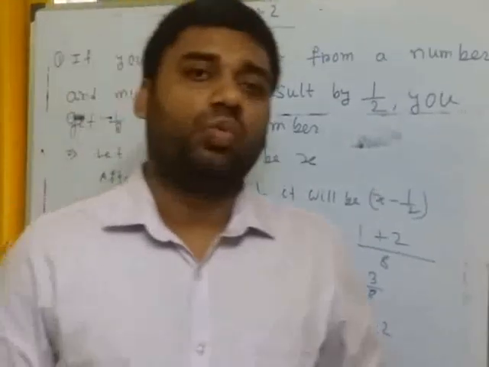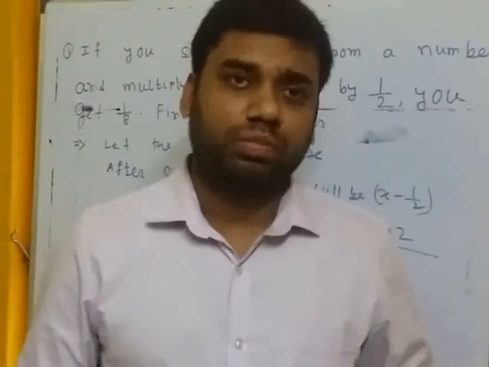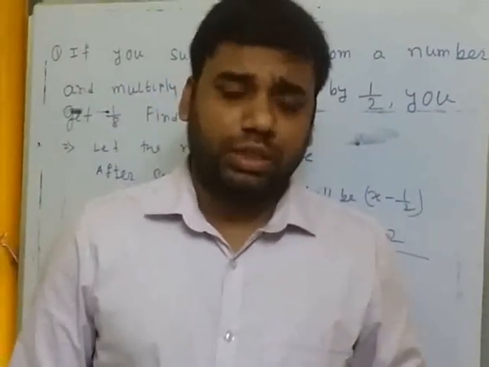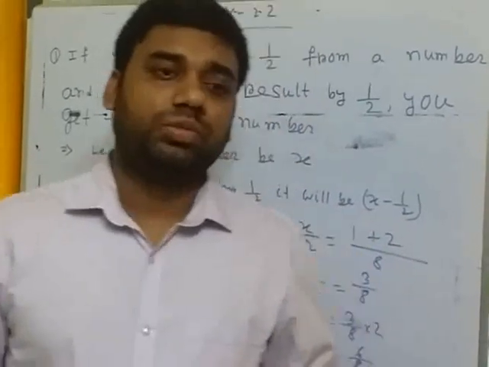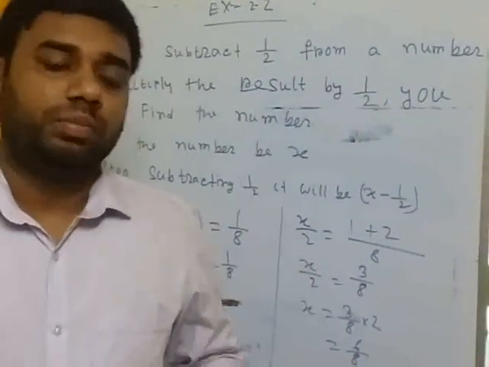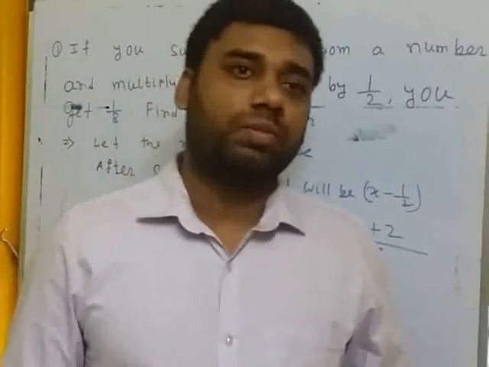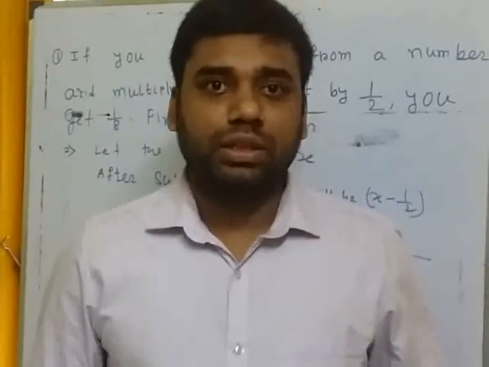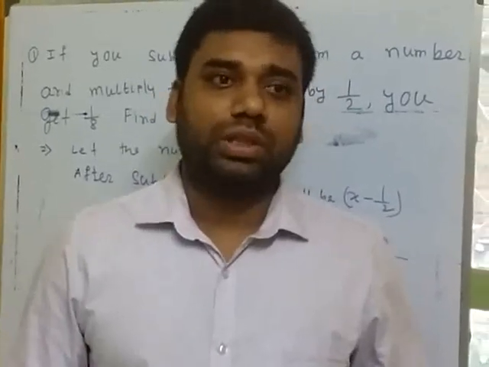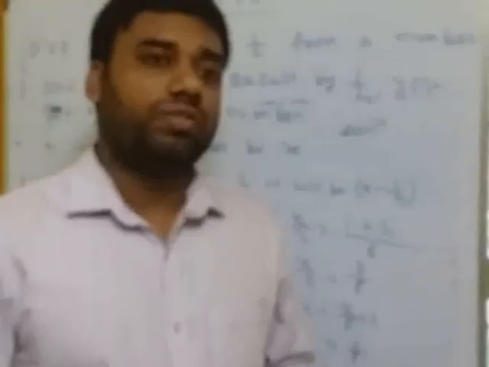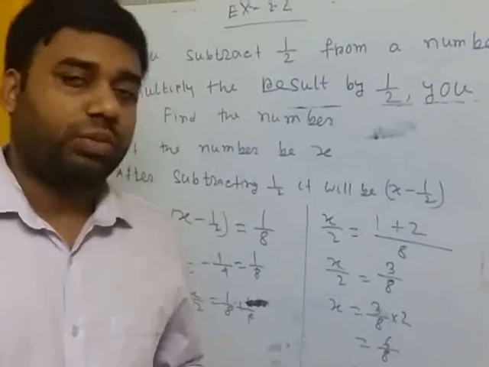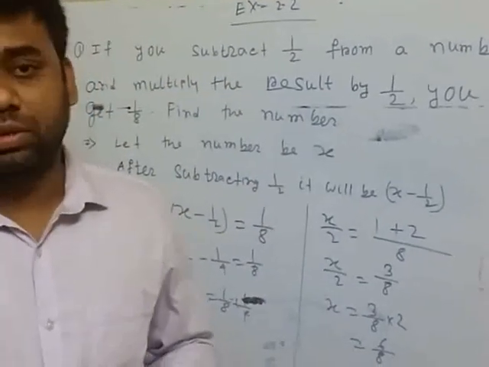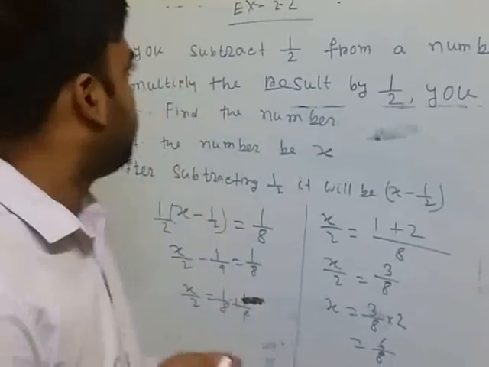This is my next video on the chapter, linear equation in one variable. In the first chapter we solved some linear equations. In this chapter the problems are word problems. Basically, from the word problem, first we form the linear equation, then we solve the equation. It means that we have to find the value of x. We form the equation with the variable x, then we solve it.